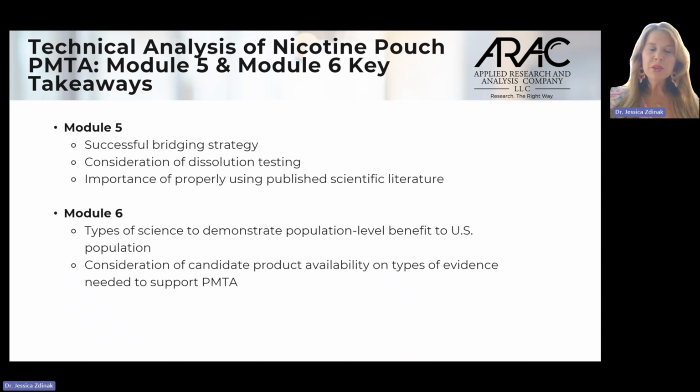So if we look at module 5 and the scientific research they conducted to support this authorization, the first key takeaway to consider is that they really developed a sound bridging strategy that allowed them to combine the scientific published literature with their internal candidate product specific research. And so what they did was look at first the results of their dissolution testing in the former modules of their PMTA. And when they had results from their dissolution testing that suggested similarity or sameness of two specific SKUs,